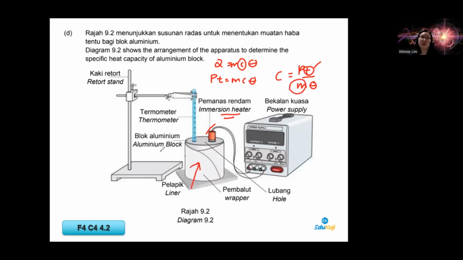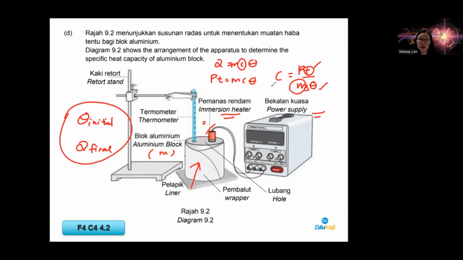What is the mass of this aluminium block? Then you switch on the power supply, start the heater. Okay, before you start, you need to get the initial temperature first. Then after about 5 minutes or 300 seconds, you stop the heater and the power supply, and then you wait a while. See if there is still any rise in temperature or not. So the final temperature minus the initial temperature is the change in temperature over here,